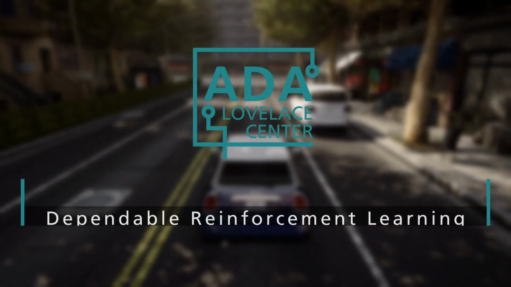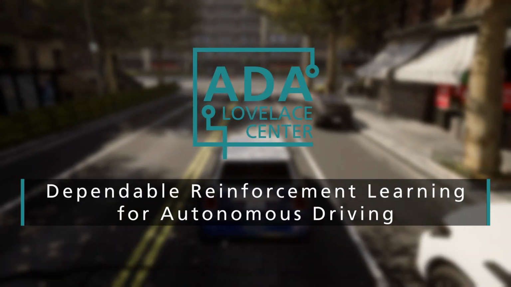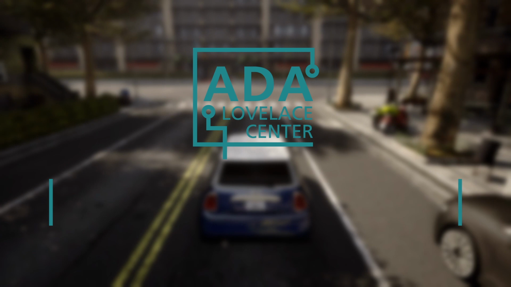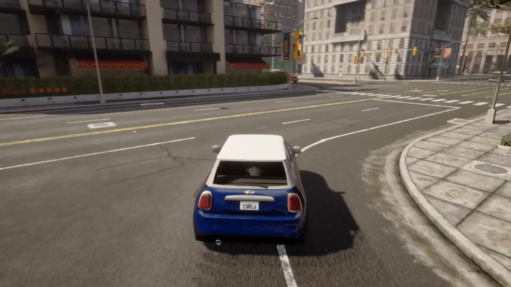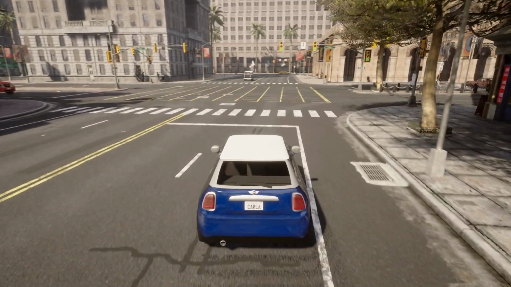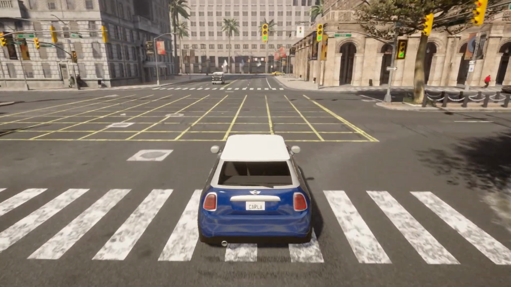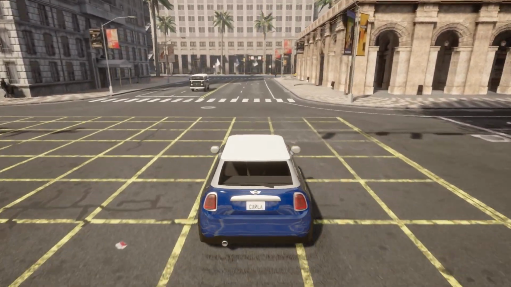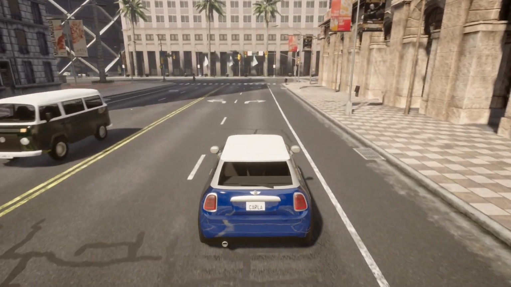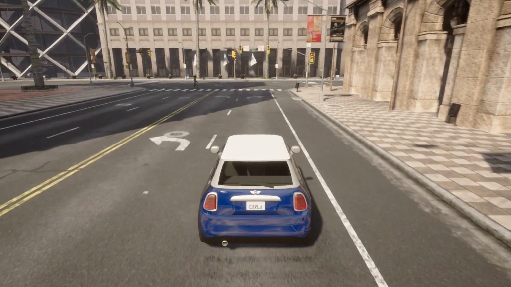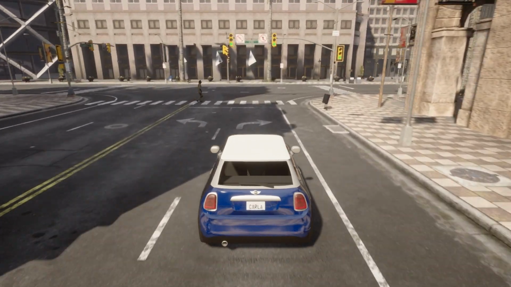Did you ever wonder how autonomous driving can be safe? At the ADA Lovelace Center for Analytics, Data and Applications, we investigated several strategies for making artificial intelligence a safe and trustworthy driver. We use autonomous driving as an example of creating dependable AI by creating reinforcement learning methods for